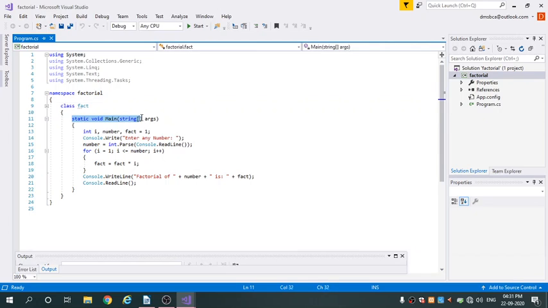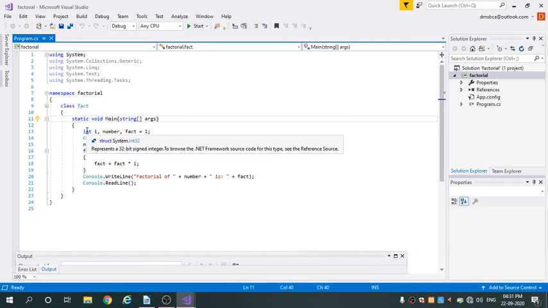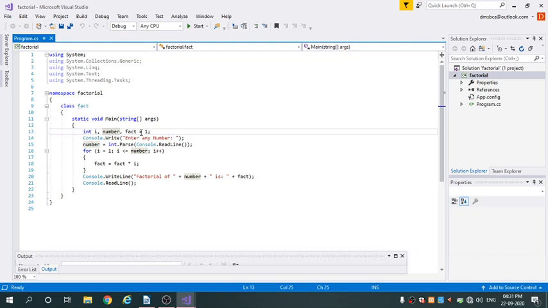This is the main method, and the program starts execution from this line only. Under the main method we created three variables: type of integer int i, number, fact is equal to 1. Fact is initialized to 1.